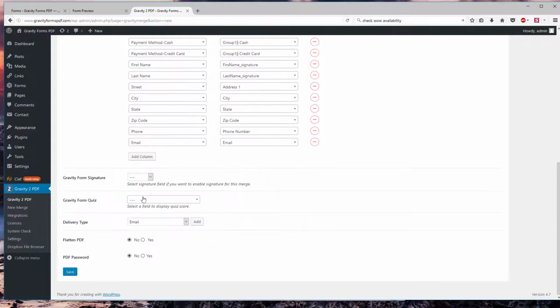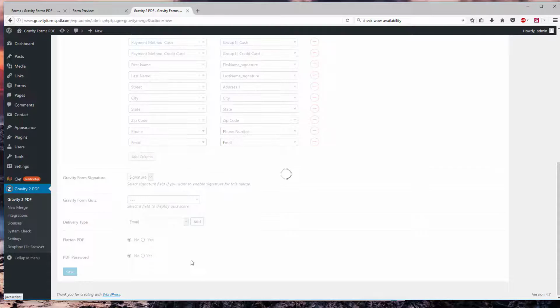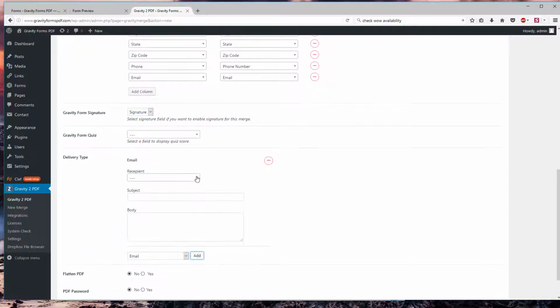Email, and then what we want to do here is we're going to use our signature. The plugin will automatically detect that you have a signature field. We didn't add any quiz fields, so we don't have any of those available. And what we're going to do is an email delivery. So we're going to add an email delivery, and the recipient of our email is going to be the email field. So any email fields in your Gravity form are recipients for the copy of this contract, and we're going